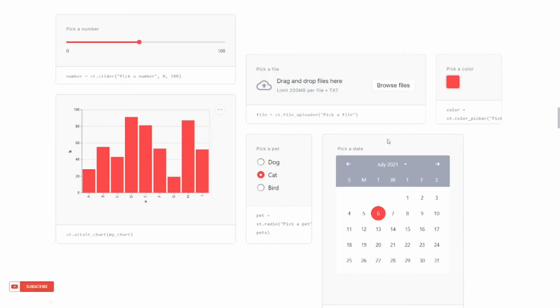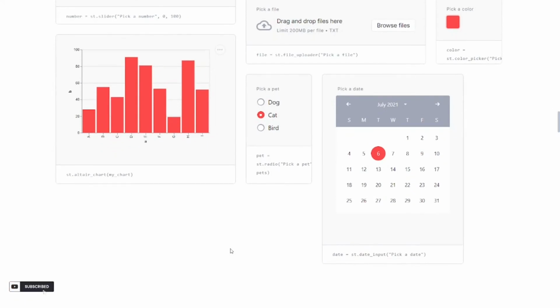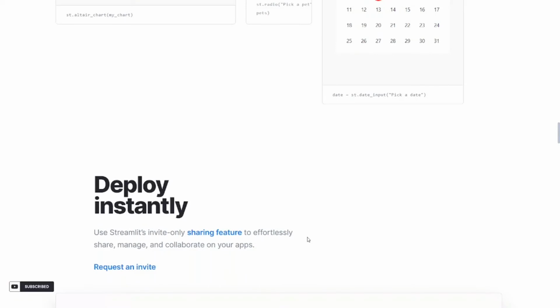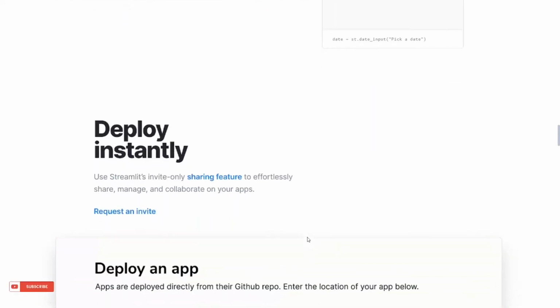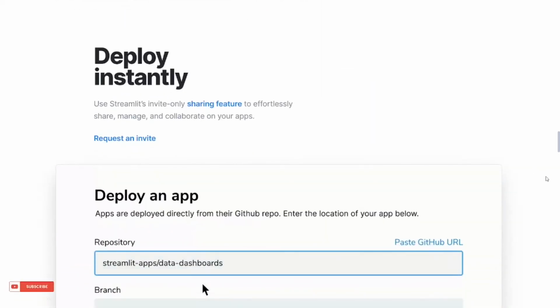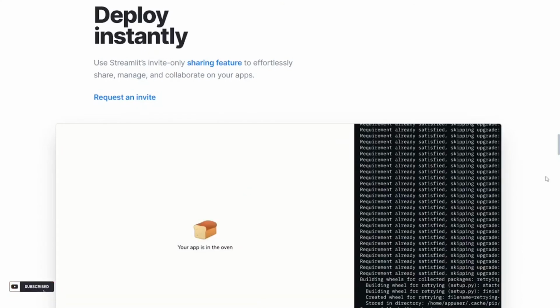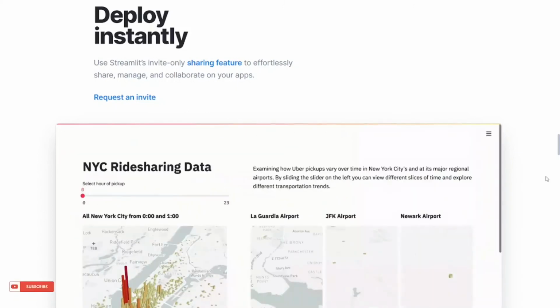The third and final principle followed by Streamlit is deploy instantly. To deploy a Streamlit application, we can use various options. Number one is a feature called the sharing feature.